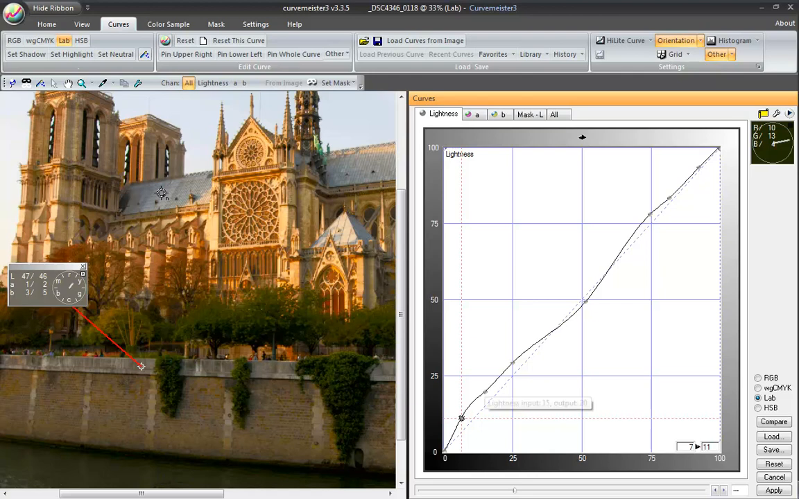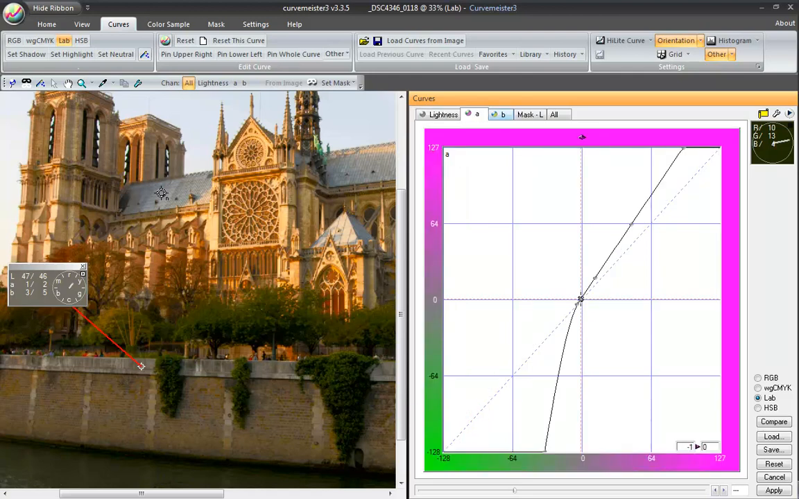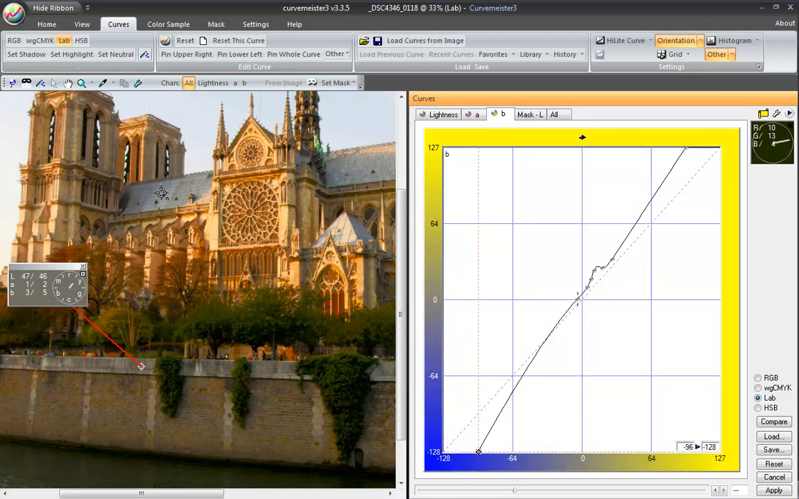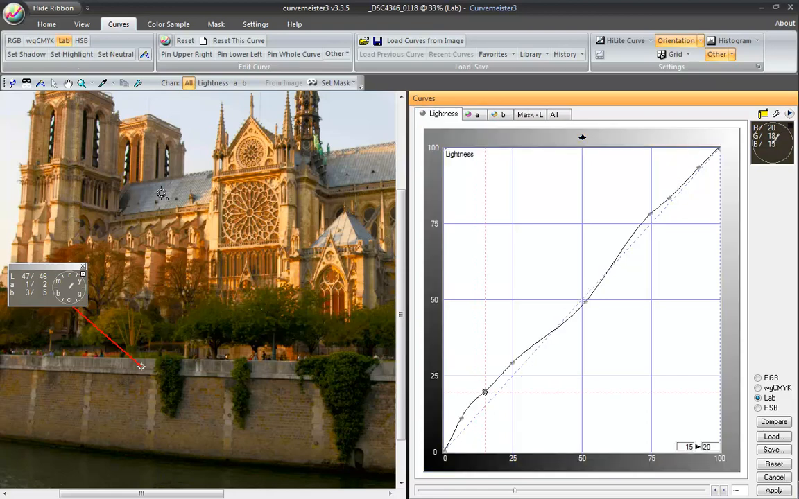Okay, and I'm going to check also the A curve and see what happened there. We're in good shape there. This is where we added the green in the foliage. This is the bump we added to add a little bit of yellow back into the foliage so that it's not so pure emerald green looking. Okay,